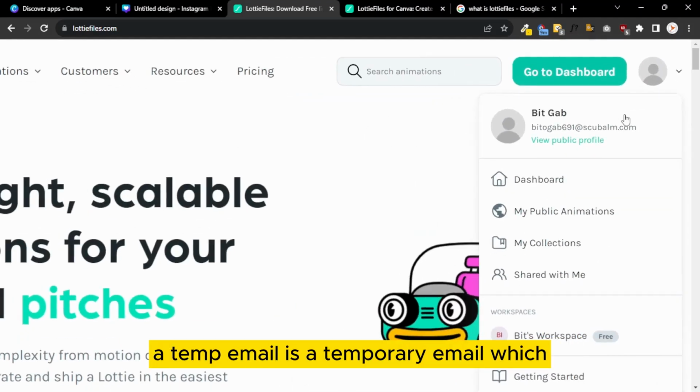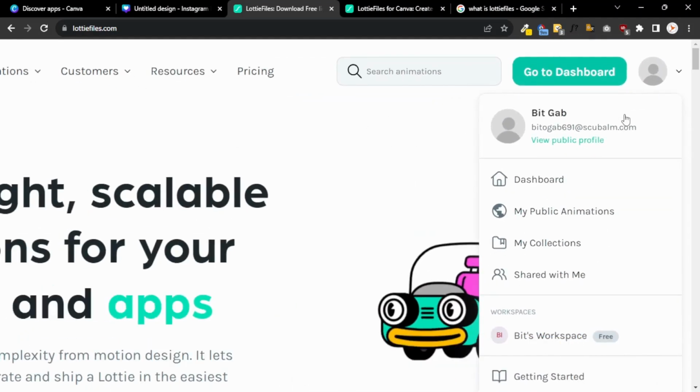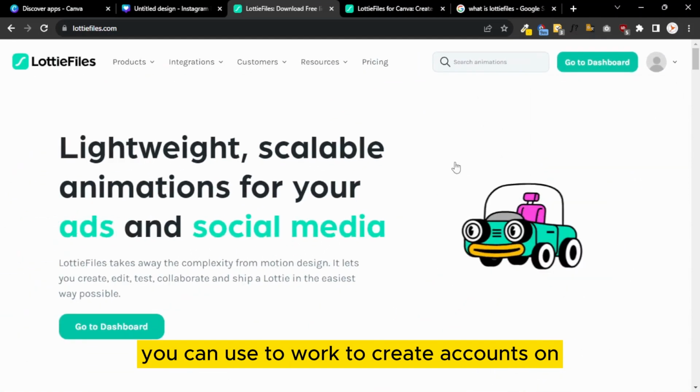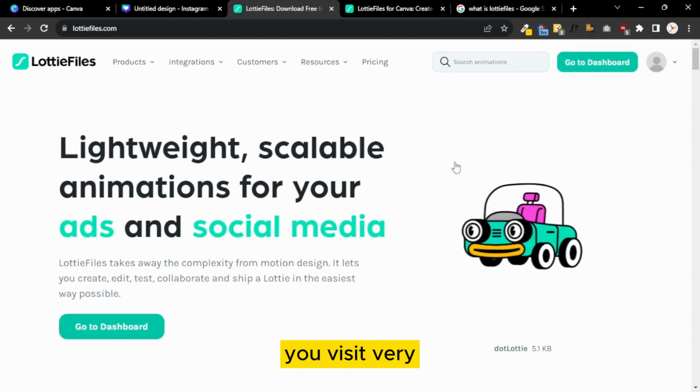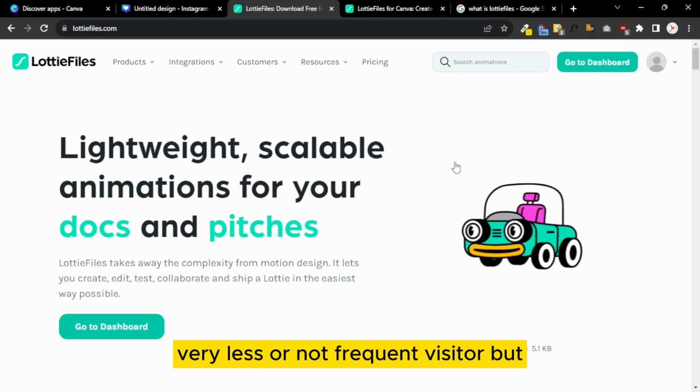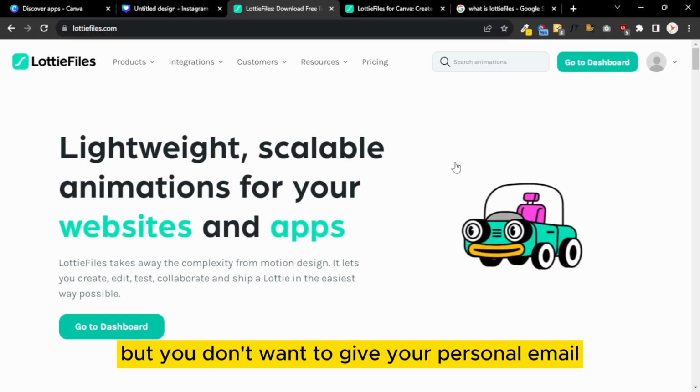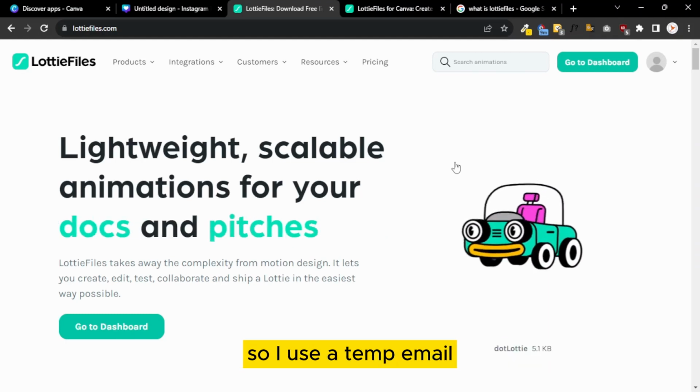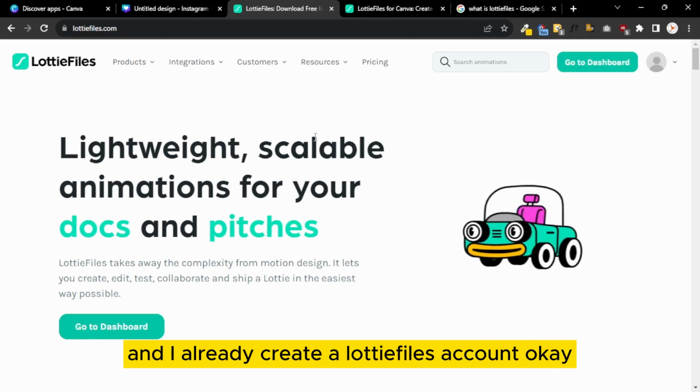A temp email is a temporary email which you can use to create accounts on websites which you visit very rarely, and you don't want to give your personal email. So I used a temp email, and I already created a Lottie files account.